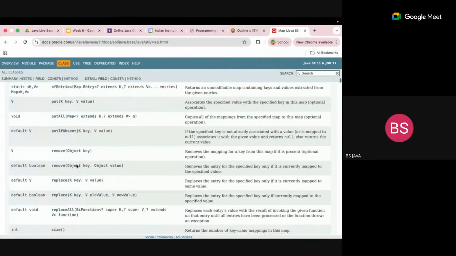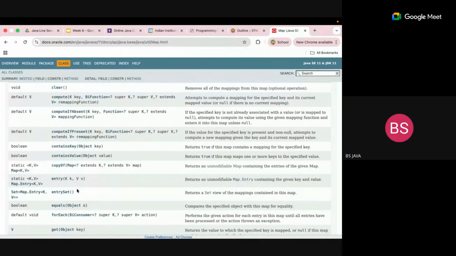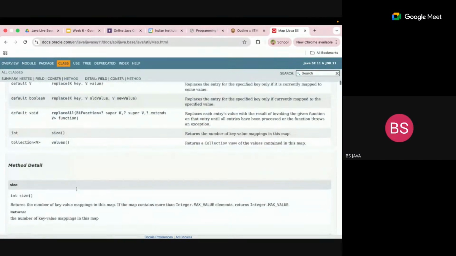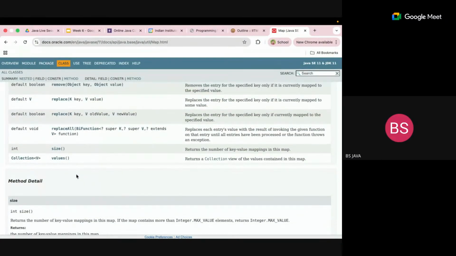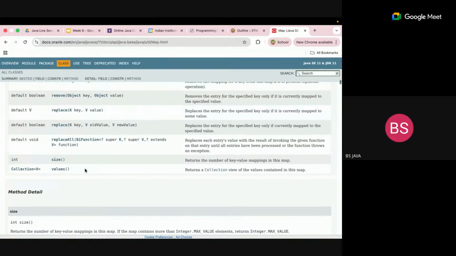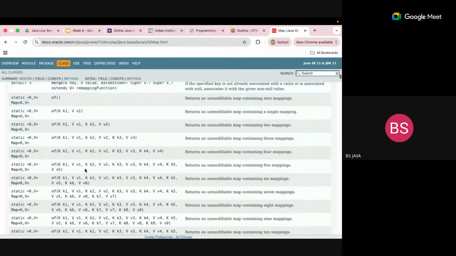And also we have values. So where is it? Yeah, this one, values. The values method is going to return a collection of all the values that are present in the map. So we have keySet to get the keys together, values to get all the values in that particular map. And if you want both key and value, we have something called